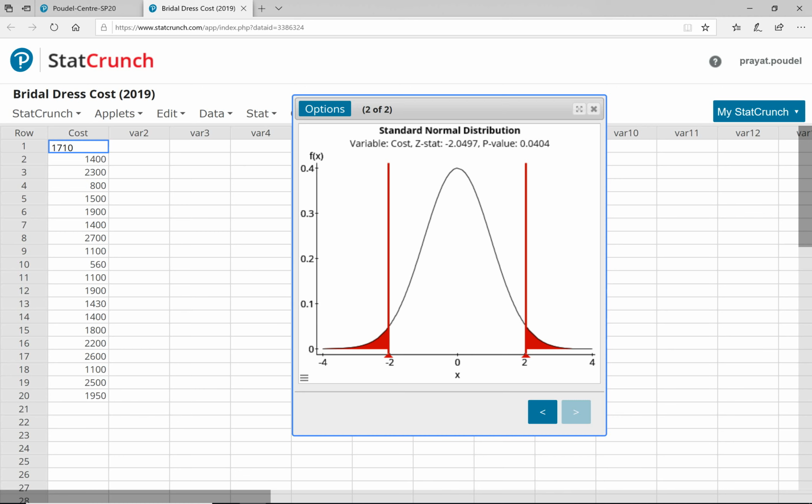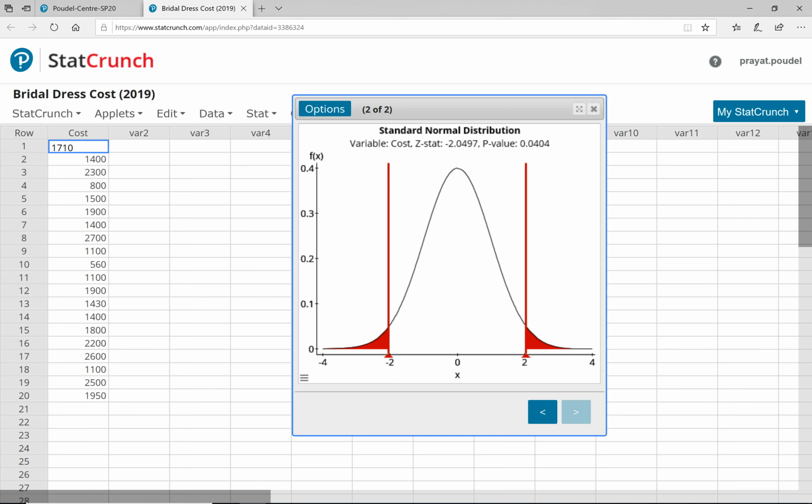Since there's 0.0202 on both sides, the p-value is, in this case, 0.0404. Since our p-value is less than our alpha, the 5% significance level, so less than 0.05,